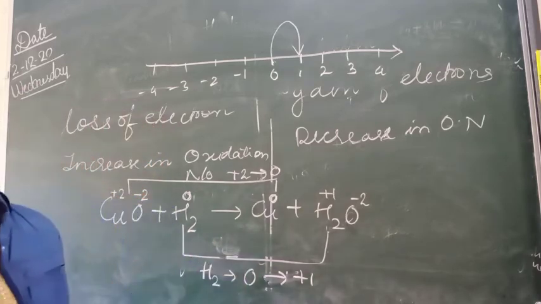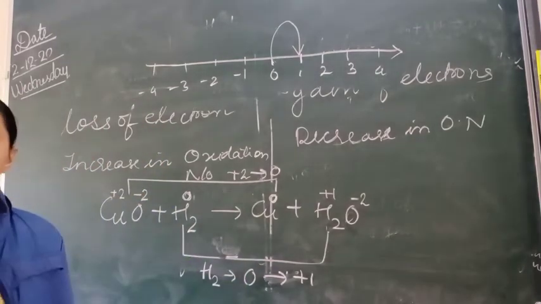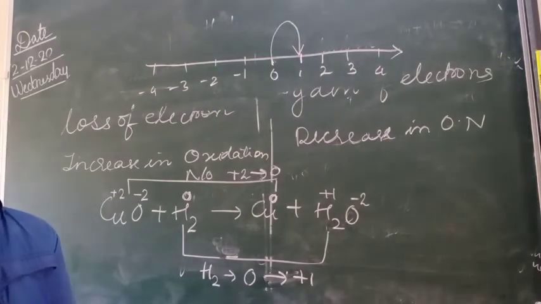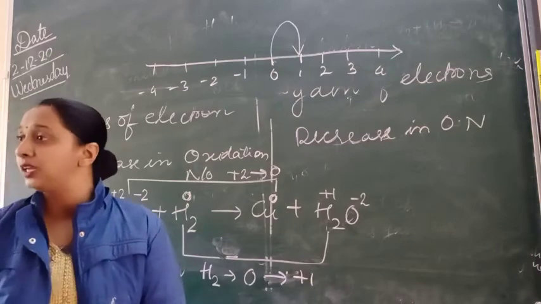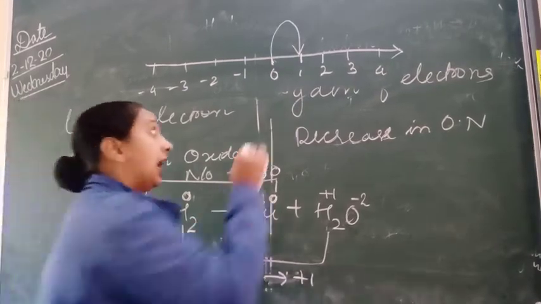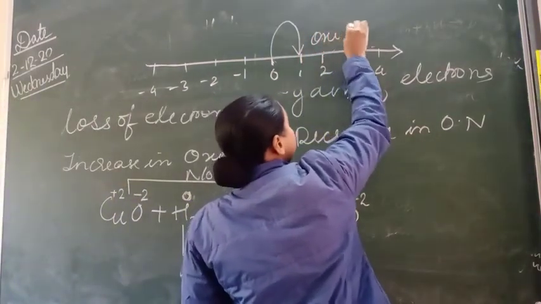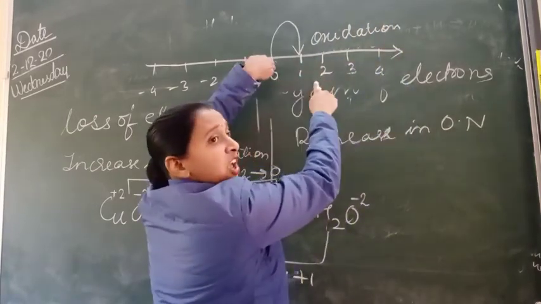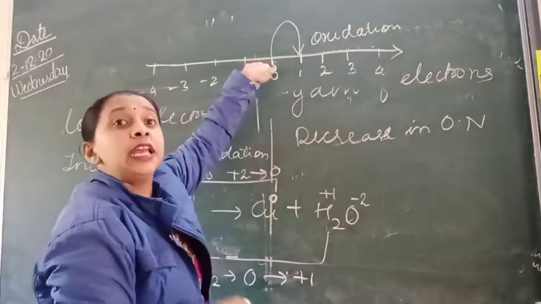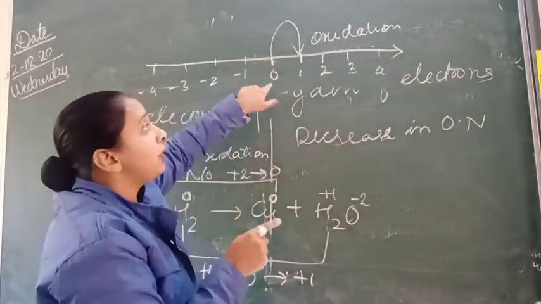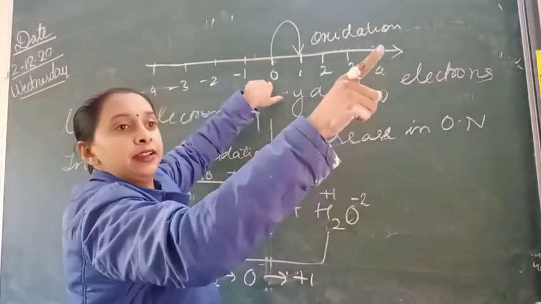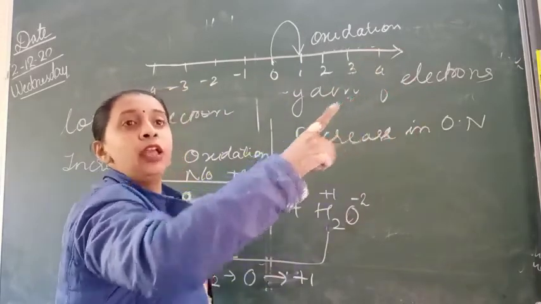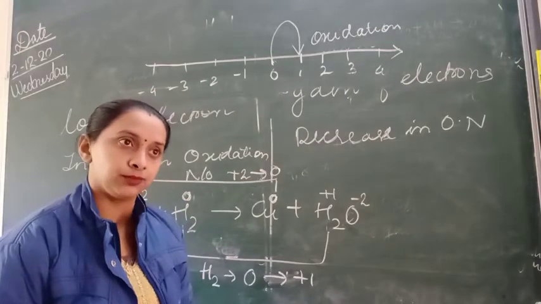0 से +1 जा रहे हैं. इसका मतलब क्या हुआ है? उसने लूज किया है, तभी ना उसके ऊपर +1 चार्ज है. Yes or no? It has lost, then only it has that +1 charge. That means it is undergoing oxidation. इंक्रीज हो रहा है ना उसका ऑक्सीडेशन नंबर. 0 से क्या हो रहा है? +1 हो रहा है. It is increasing. So whenever you move to the right hand side, अगर हम नंबर लाइन में राइट हैंड साइड पे मूव कर रहे हैं, that means it is oxidation.